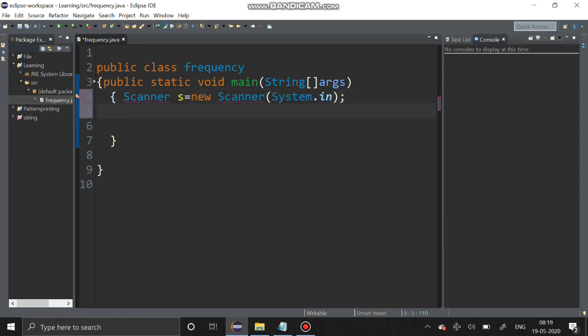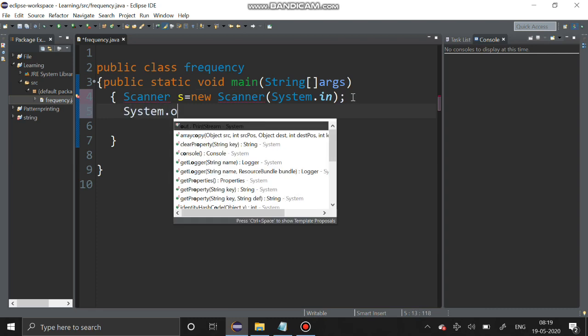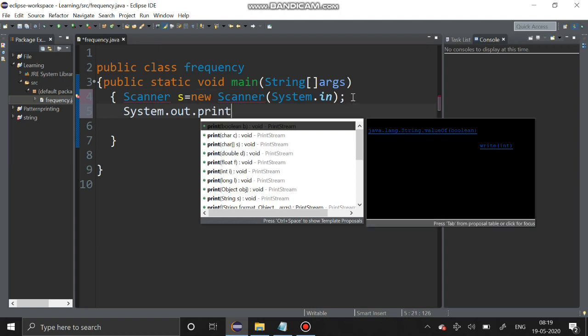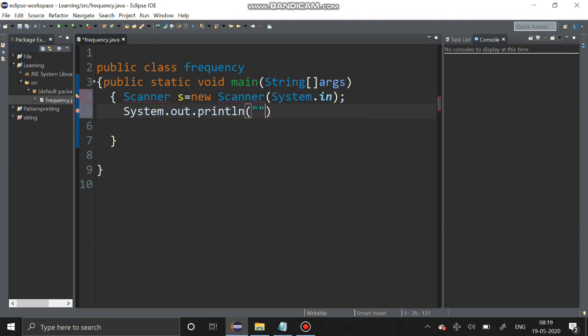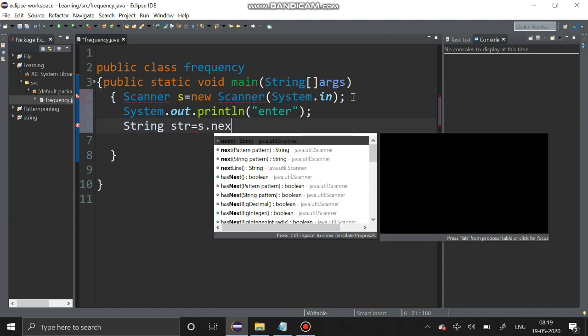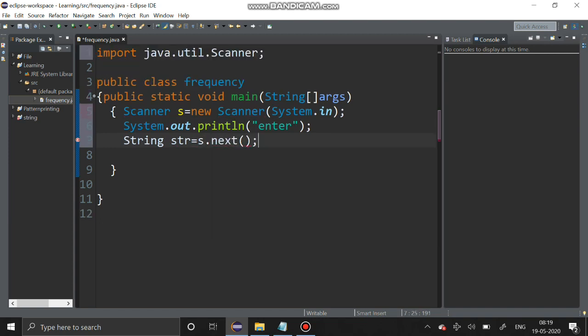Then we have to get the string. First I'm giving a printing statement, System.out.println("enter"). I'm going to get the string: str equal to s.next().